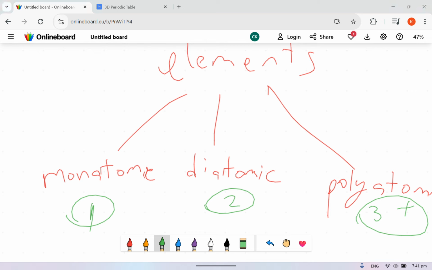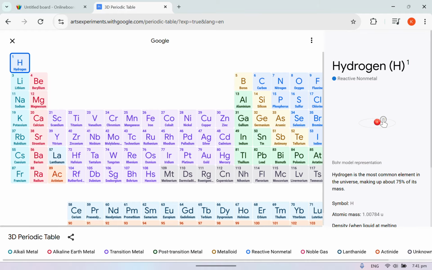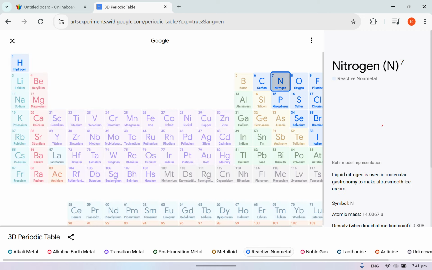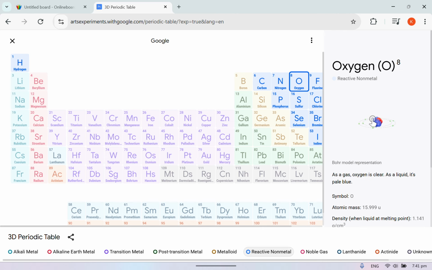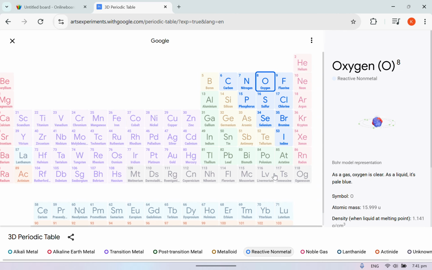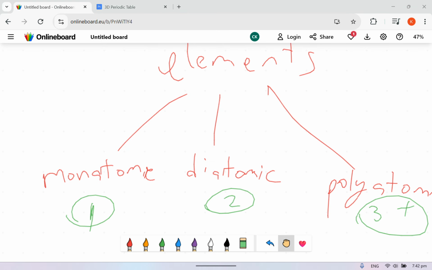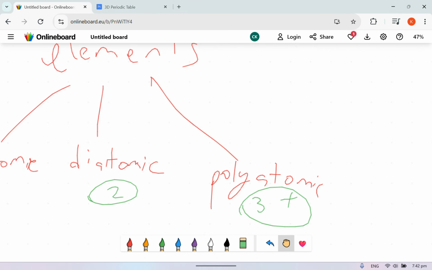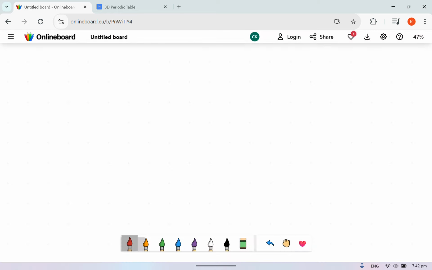Now, diatomic, basically I'm made of two atoms together. Popular examples are hydrogen, nitrogen, oxygen, and the group 17 elements, they are all diatomic. Last but not least, we have polyatomic, which basically means 3 or more atoms together. Okay? Now,